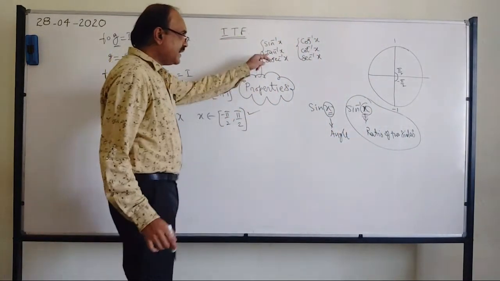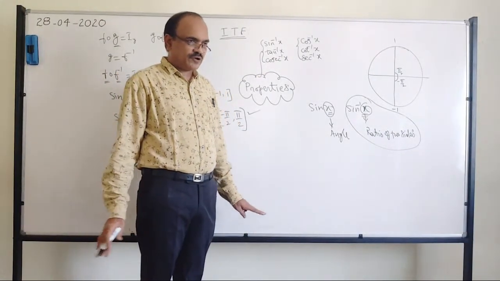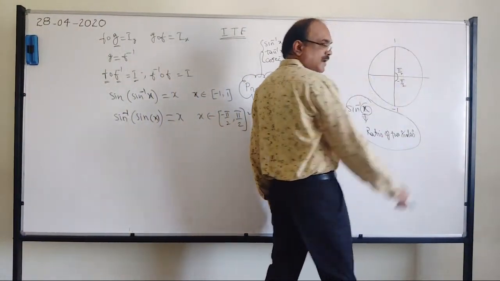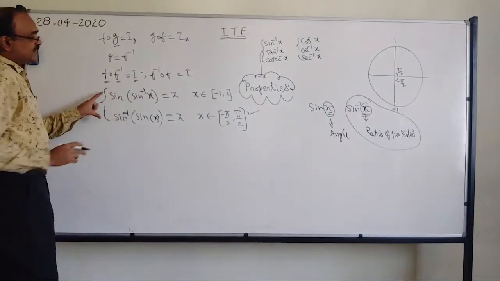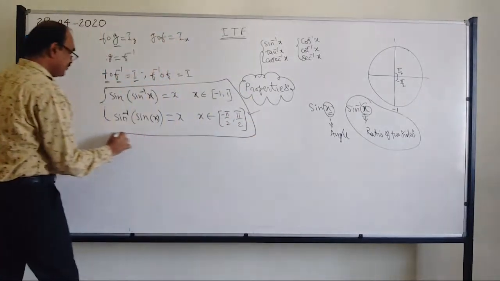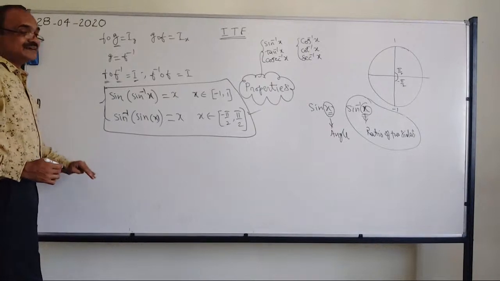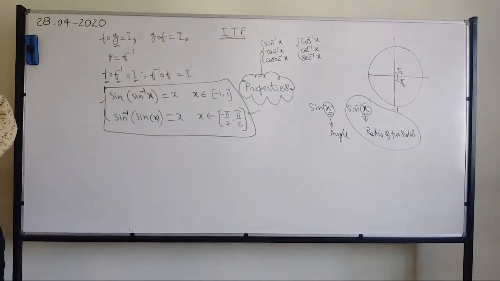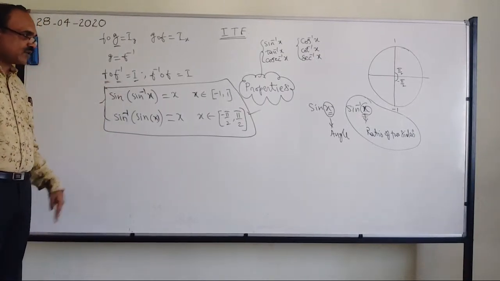Now if you see tan, what you wanted? All real numbers, that is -∞ to +∞. So you get that also from here, -∞ to +∞. So this is one set of properties. Please write down this set of properties. Now in a similar fashion, you can develop for cos and tan, cosecant, secant and cot. Okay, so please take down this.